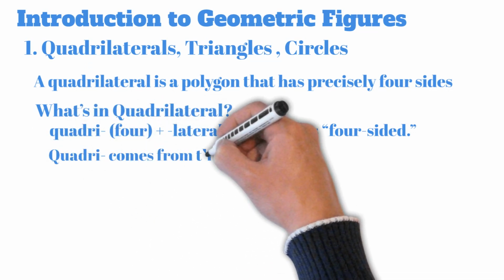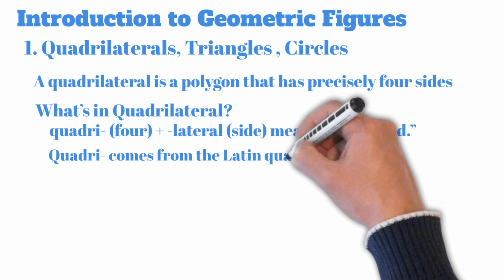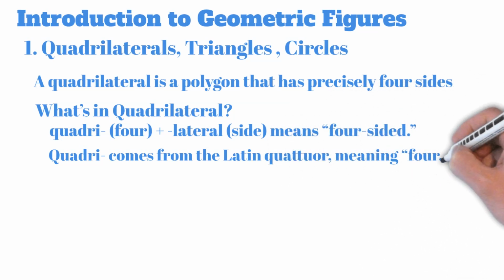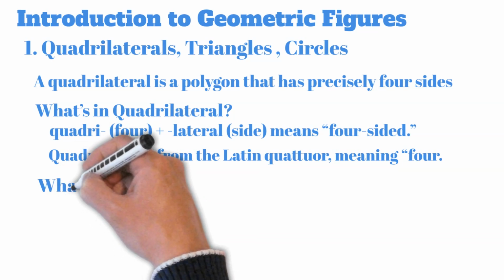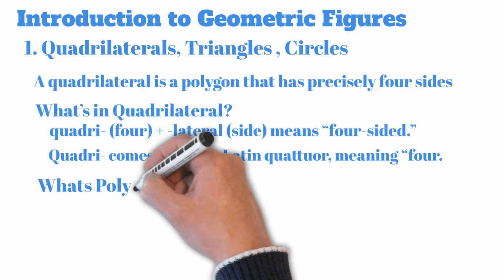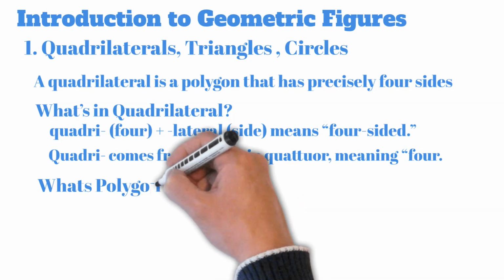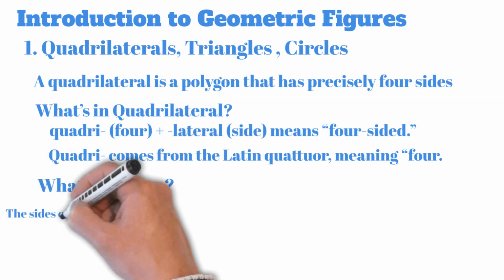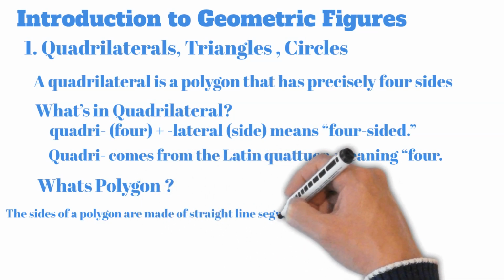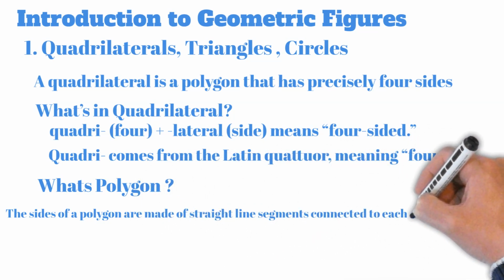I was saying that this word quadri comes from the Latin quattuor, meaning four. Sorry, the pronunciation may be up and down. Latin is nothing but a language, and there are so many languages similar to English. Latin is one of those languages. Since a quadrilateral is a polygon,